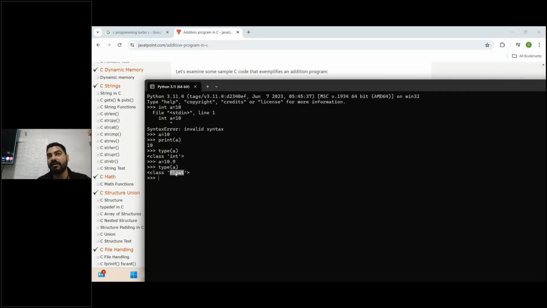Who is taking care of this? PVM. PVM is nothing but Python Virtual Machine. I will explain what PVM is and what it does. Getting my point? So what is the meaning of dynamically typed? No need to declare data type before initializing the variable.